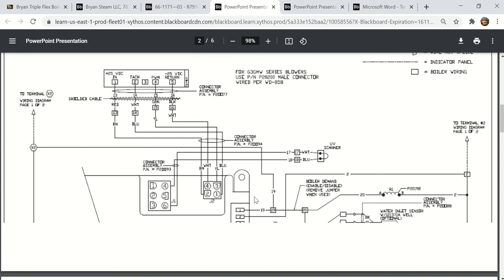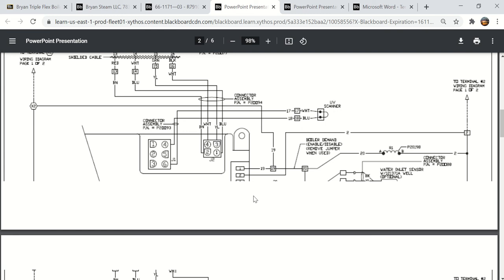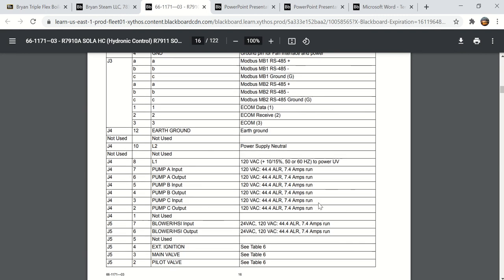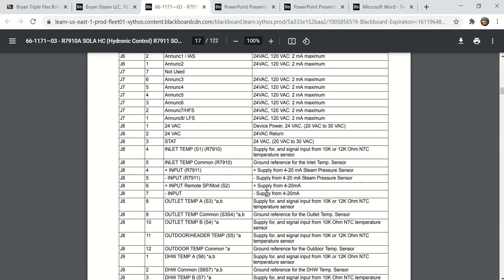coming across. So what you see now is, I'm going to scroll down to the next page. Here is terminals 1 and 2 of J8. And if we went back to the SOLA and we looked at J8, terminals 1 and 2, that is our 24 volt device power and return or neutral. So J8, 1 and 2 is the 24 volt power